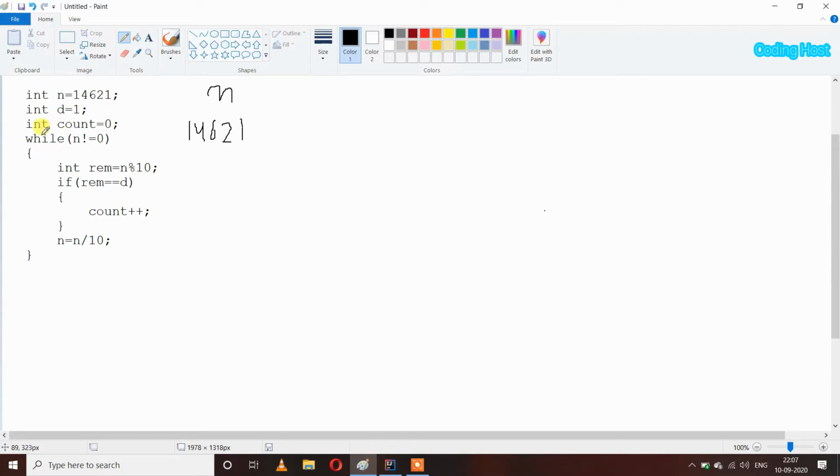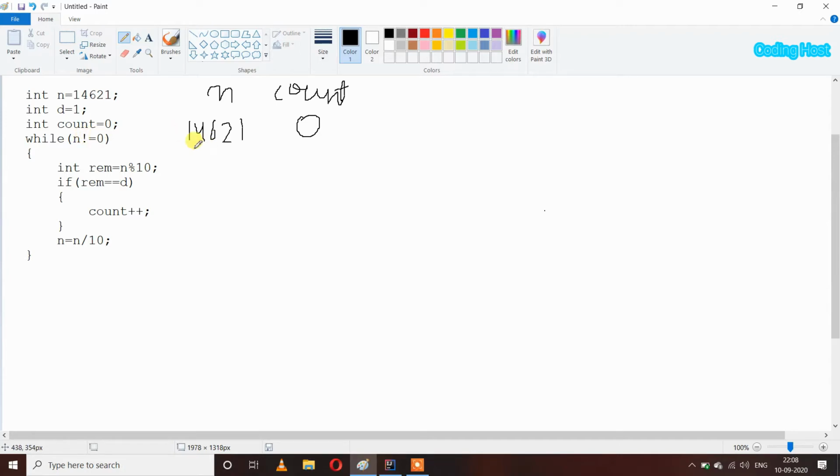After that I have taken int count equal to 0, in which we store the frequency of 1, and the initial value of count is 0. After that I have taken a while loop, while n not equal to 0, so this loop will only work when the value of n is not equal to 0. If the value of n is equal to 0, this loop will break.